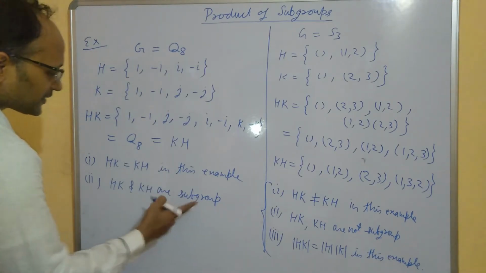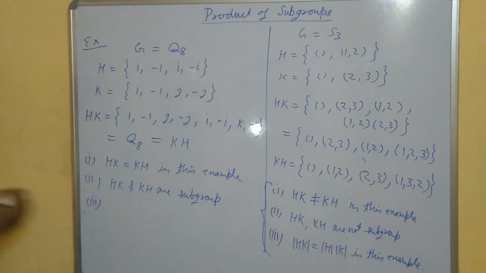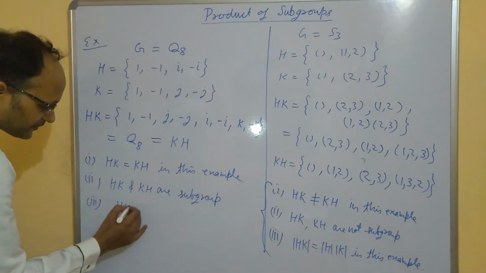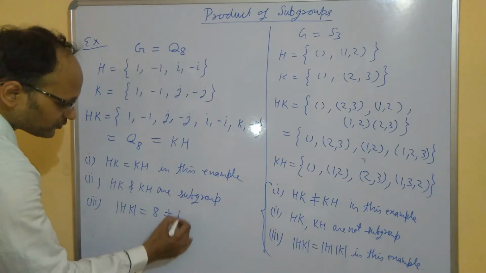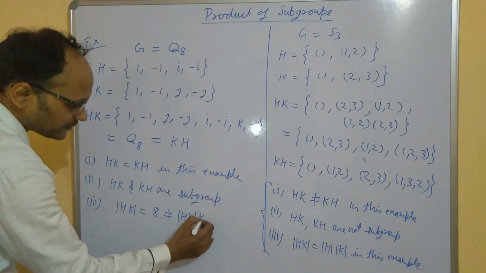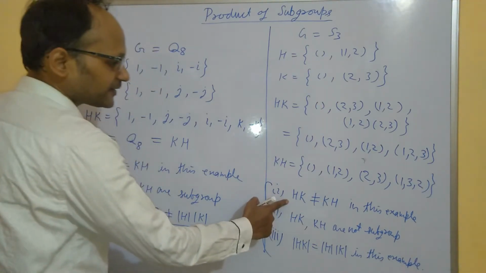Subgroup because the group is itself a subgroup. Third thing is that the order of HK, which is 8, is not equal to the order of H into order of K, because it is 16. So it means that this thing,